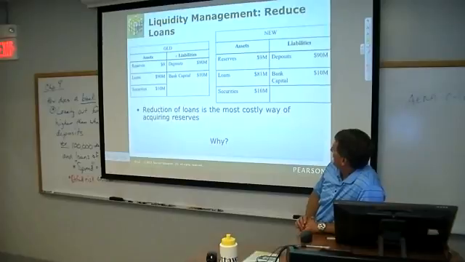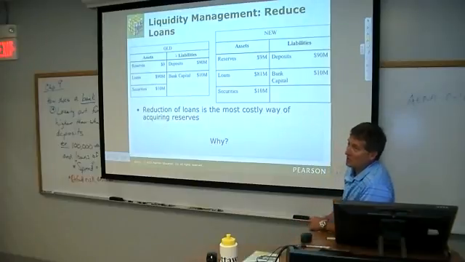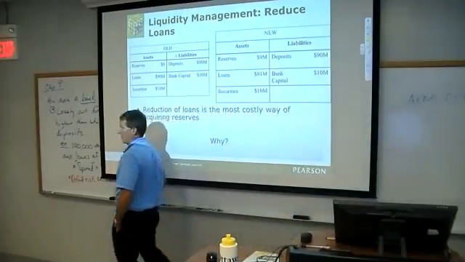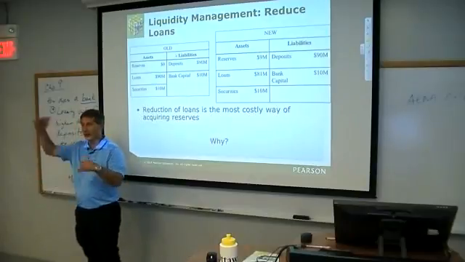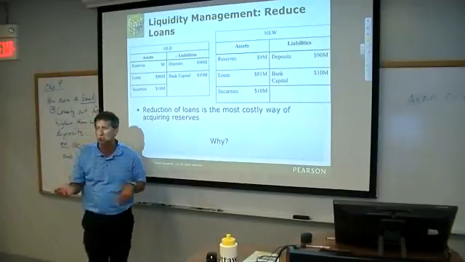And then finally, our situation of going to the loans. Why is that the most costly way? You don't get as much interest back. Yeah, you don't get as much interest, right? So from a long-term perspective, you have this lost interest of the loan, they were paying the 6% in the little example I started off with. So we're calling in those. So costly in terms of lost opportunities.